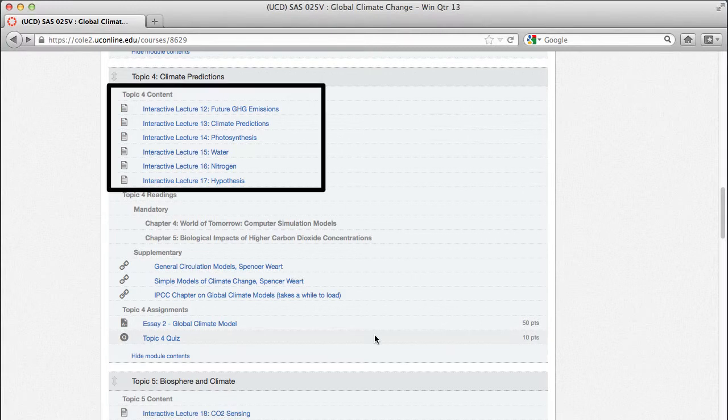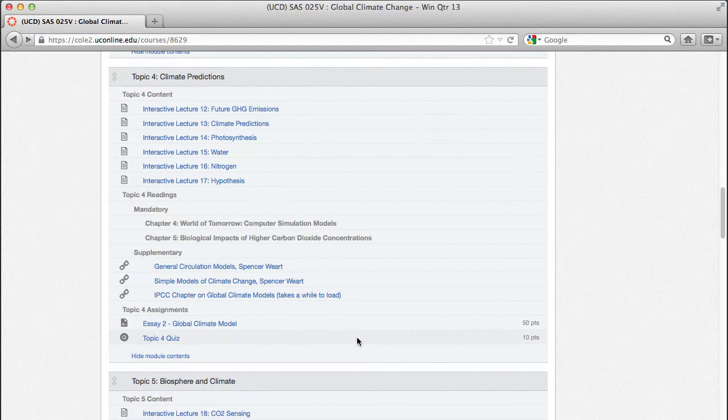Now let's talk about the content area. The content area is the equivalent of your lectures in this online course. You'll no doubt notice that these are called interactive lectures, and that's just what they are. Instead of a recorded lecture video from a live class, these are painstakingly produced interactive experiences, where you watch a few minutes of video and then are presented with either a quiz question or other activity before moving on to the next portion of the video. Let's open one up to see what you can expect.